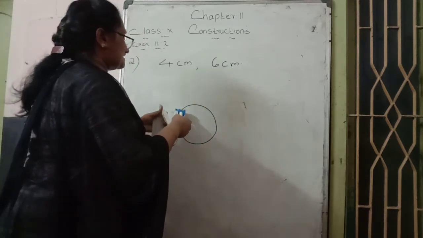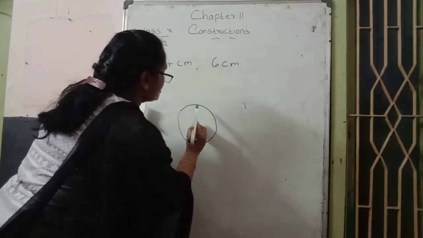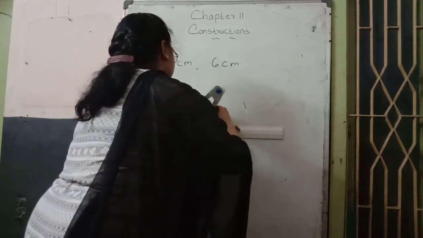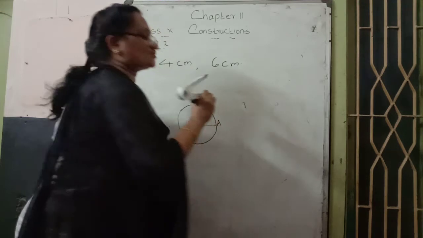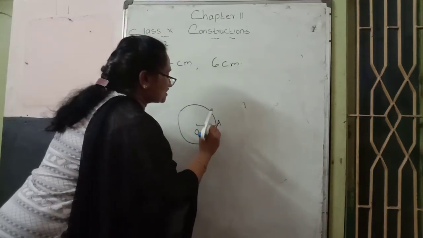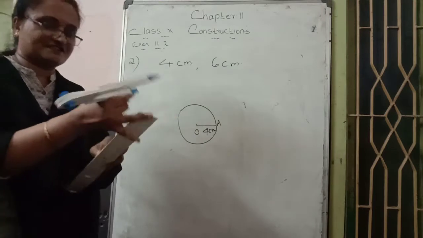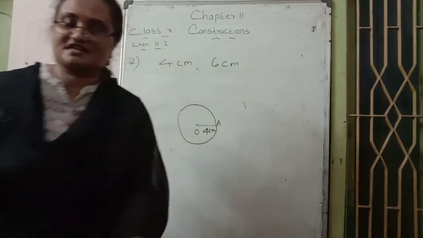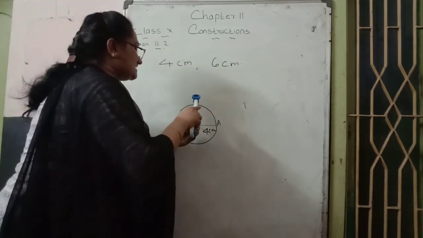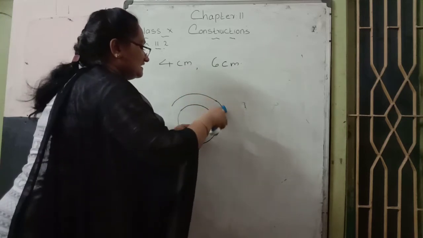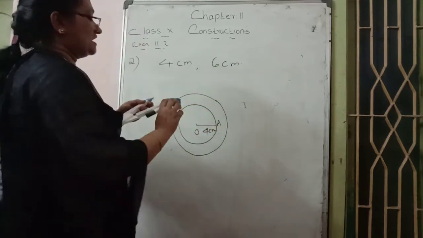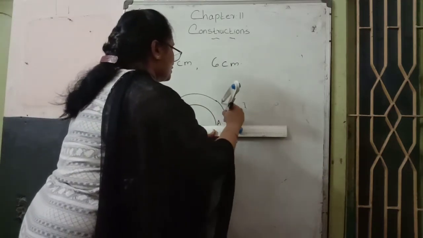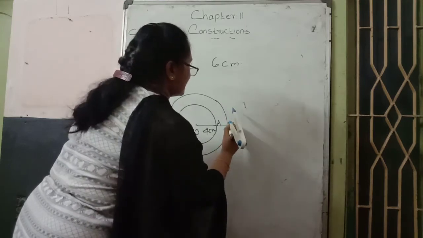A 4 centimeter circle is drawn. Next step, here they keep O as the center. Then draw the radius. O to A represents the radius of the first circle, that is 4 centimeter. Next, which centimeter? 6 centimeter. Take out the scale and compass, take 6 centimeter and again with O as center, draw the second circle. And what is the radius of that circle? The outer circle radius becomes OP. This much distance, there you mark an alphabet.